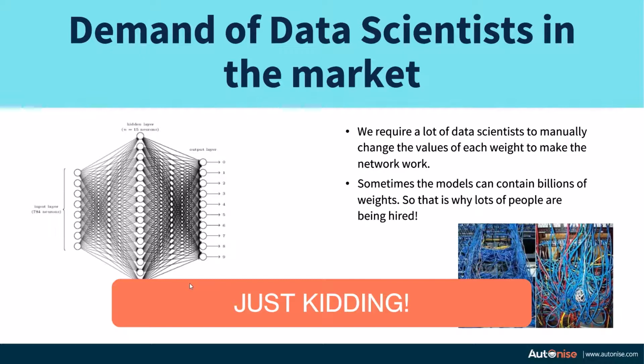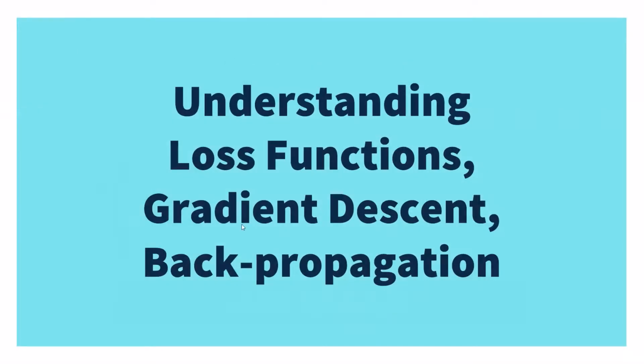So that is not how we are going to approach our neural networks task. There should be some smart way by which we can find the parameters of this network. We'll learn about it later on. So let's start understanding how to go towards automatic learning of the parameters of neural networks, and we'll start with understanding what loss functions are.